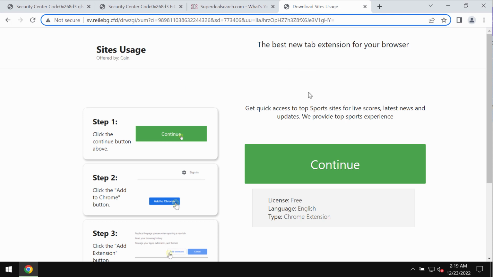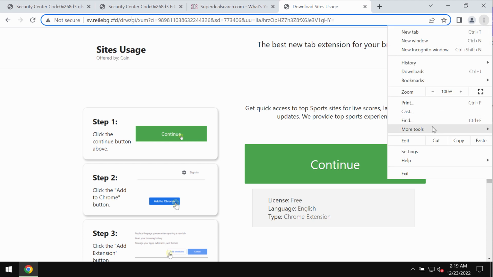Depending on the type of the extension, it may work as adware or as a browser hijacker, and because of that your browser settings may be changed and you may start receiving a tremendous amount of ads, pop-ups, and experience browser redirection issues. So these pop-ups by Reilebg.cfd are absolutely faulty. To remove any unwanted browser extensions from your Google Chrome, access the menu, go to More